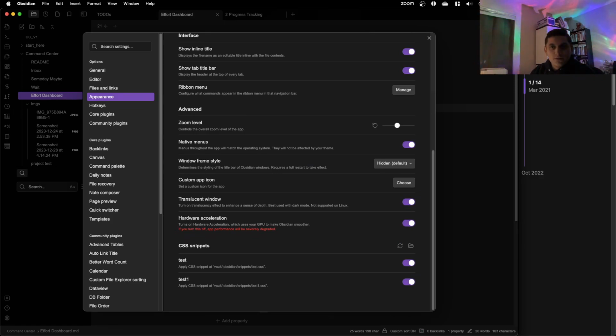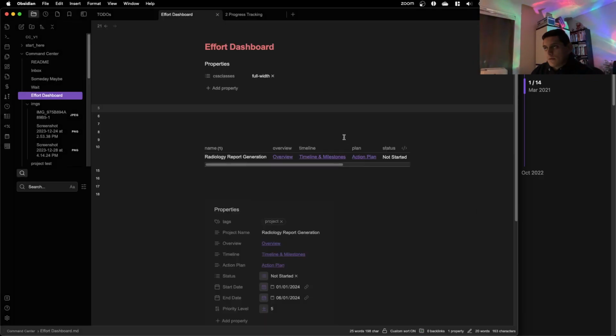Test CSS full width. Okay, let's try full width. Let's try full width. Yeah, ideas.